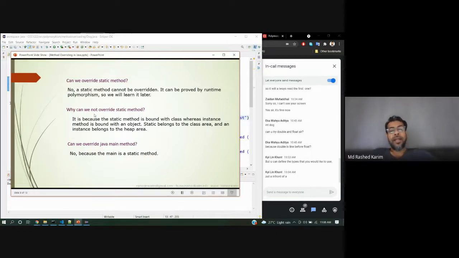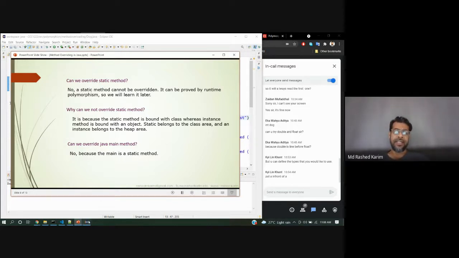Why? It is because the static method is bound with the class, whereas the instance method is bound with objects. Static belongs to the class area and instance belongs to the heap area. That is the memory location you have. So a static method cannot be overridden.